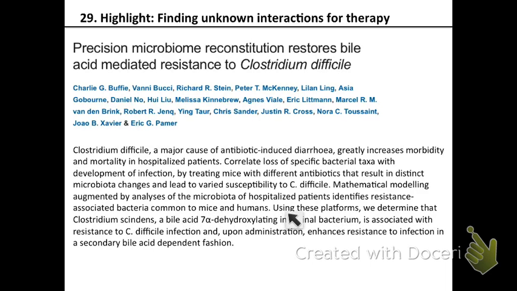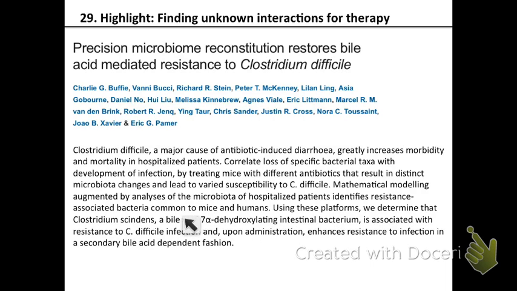And once they knew that, they said, okay, we have some candidate bacteria. Then they took that bacteria and gave it to a mouse, and then infected the mouse with Clostridium difficile to see whether giving the certain bacteria to the mouse actually conferred resistance. And they found that in fact, upon administration,